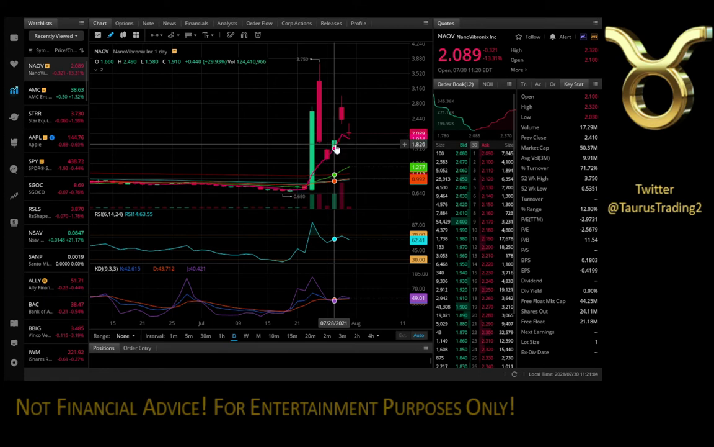So that green candle here fills this gap created by these red candles. That's the kind of move that you're looking for in a gap fill scenario. And as you can see,